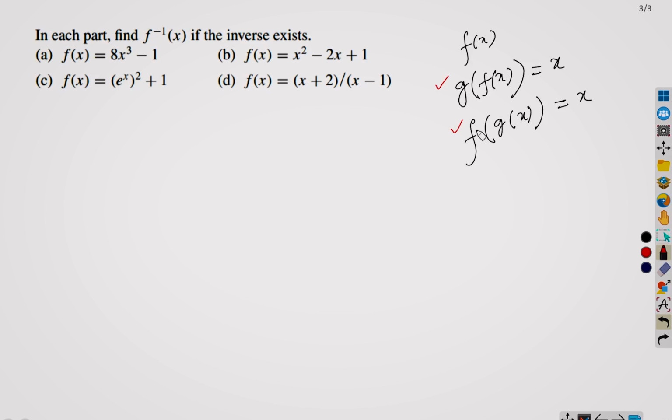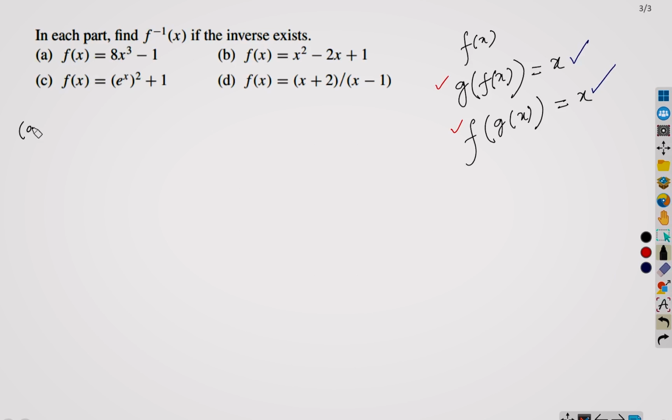Okay, and the definition of inverse is actually both sides. Say for example, if this condition is satisfied but this one is not, then we will not say that g is an inverse of f. In that case we will say g is a left inverse of f. That is a bit of advanced mathematics, but for the time being, whenever we say inverse, it means that both conditions should be satisfied. So we have to determine the g in all of these cases.